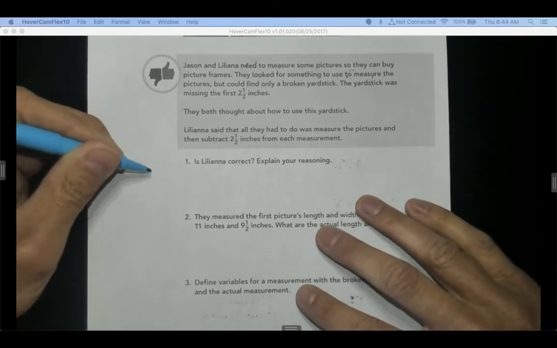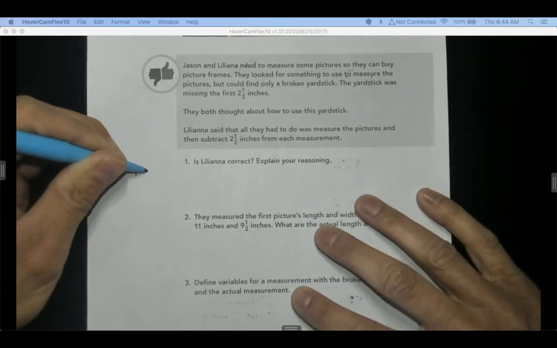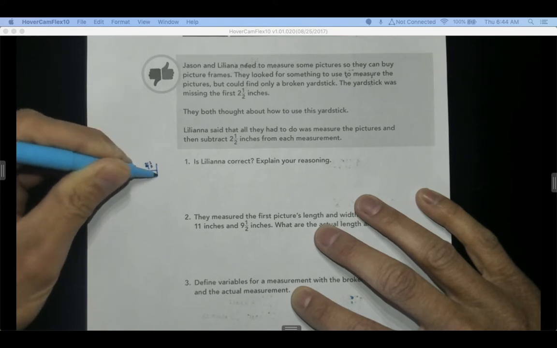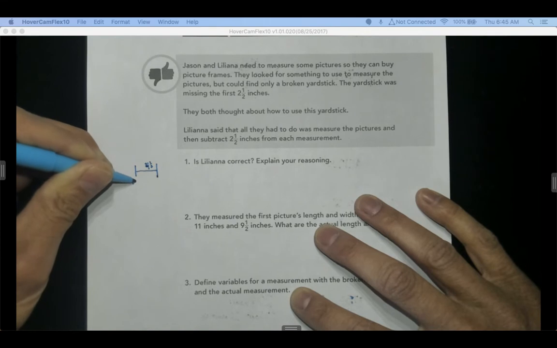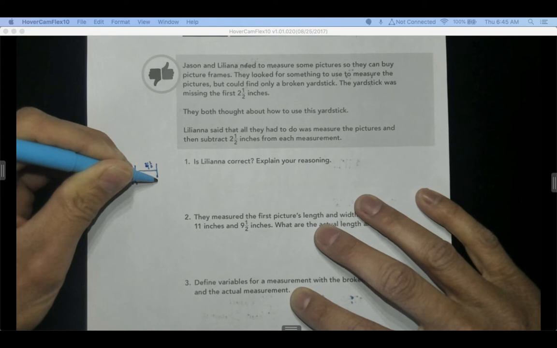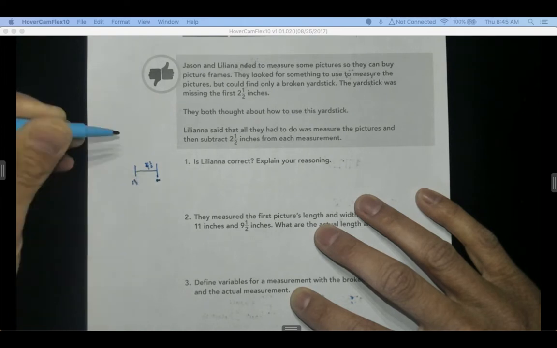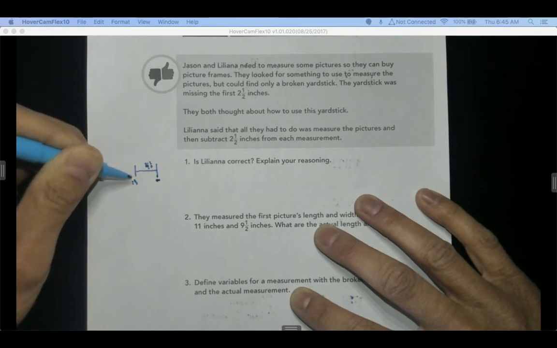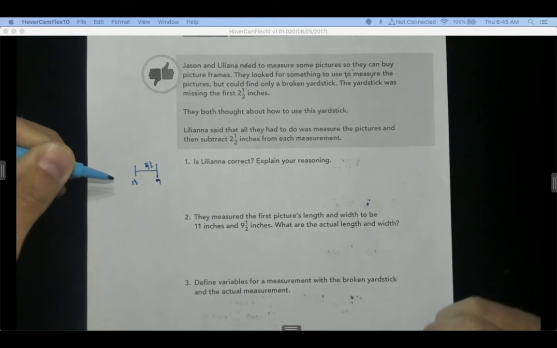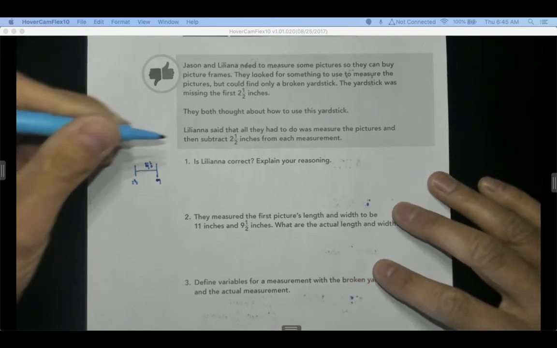Well, let's see here. If I measure something and it is, I don't know, 4.5 inches, right? It would normally say 4.5, but if I started at 2.5, it would measure 7 inches. And so I would take away 2.5, and that would leave me with 4.5. So yes,